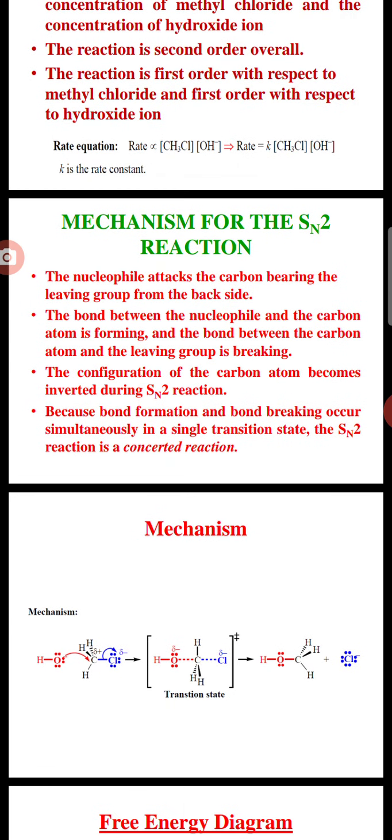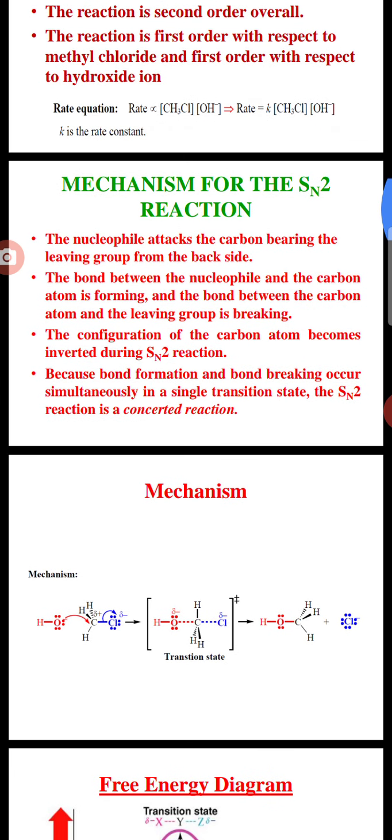In the mechanism of SN2, the OH acts as a base and reacts with methyl chloride. At the same time, it attacks from the back side, and chloride leaves from the front side. In the transition state, bond formation is represented in red color and bond breaking in blue color with chloride. Ultimately, chloride leaves as a nucleophile and OH attaches from the back side of the alkyl halide.